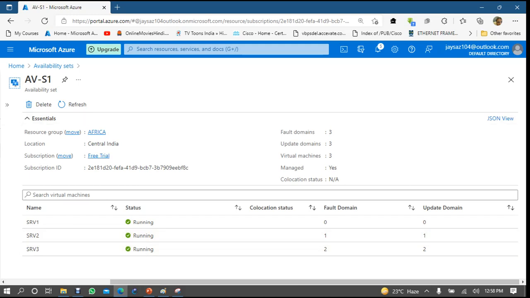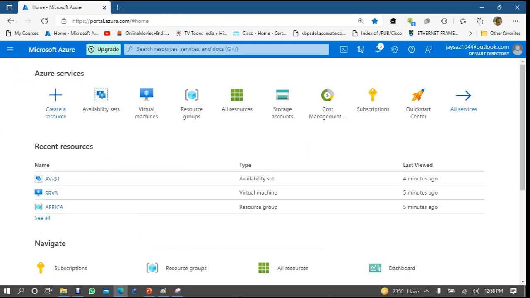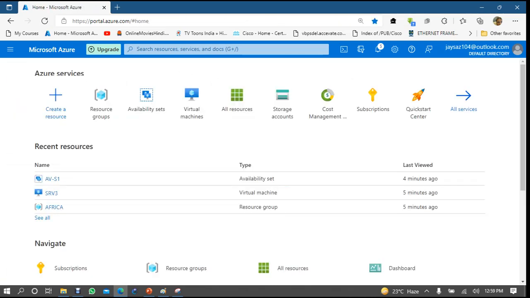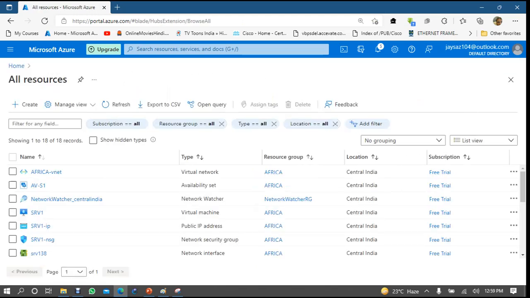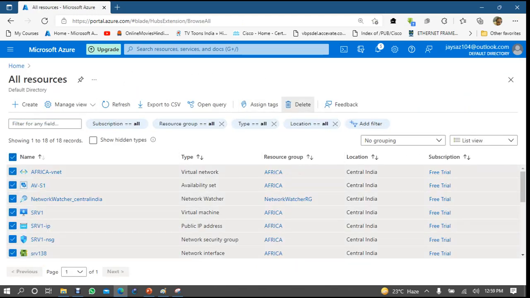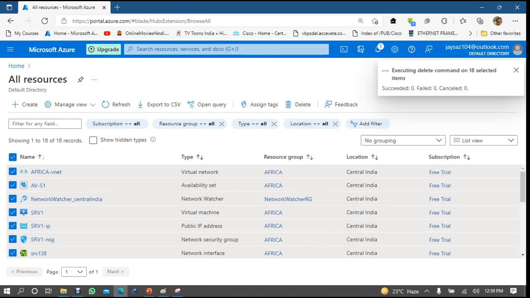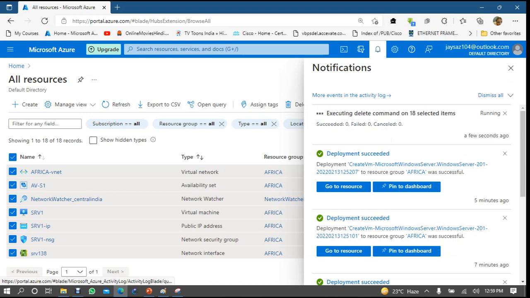Okay, so we are done with this, and I already told you every time that whenever you create any kind of resource, any kind of VMs, so after doing the lab you have to come here to the resource, all resources, and select all the resources and click delete and type yes to delete it, otherwise your subscription money will be finished soon. So after doing the lab, try to delete everything, so you can have a lot of credit in hand to do another lab. Okay,